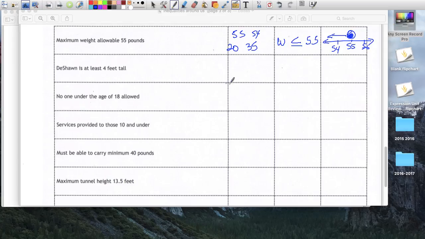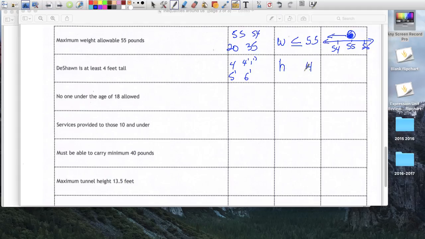Yishan is at least 4 feet tall, so that means he's 4 feet, 4 feet 1 inch, he could be 5 feet, he could be 6 feet. I know that he's at least 4 feet, so anything 4 and higher. He's not 3.9 or 3 feet 9 inches, 3 feet 8. He's 4 and above. So his height